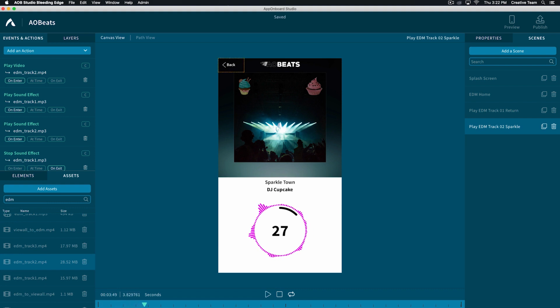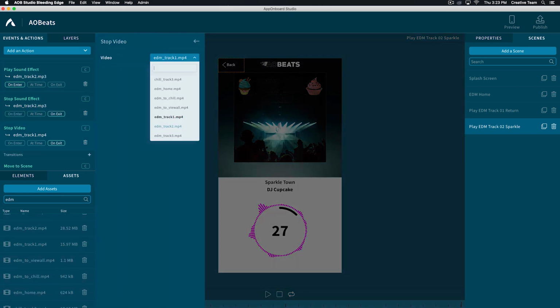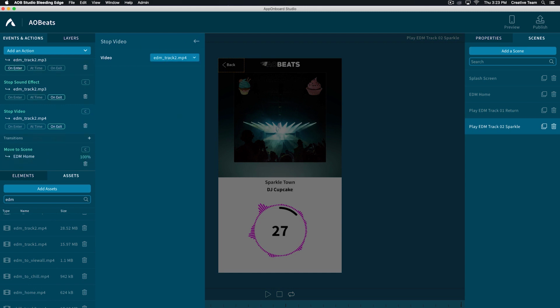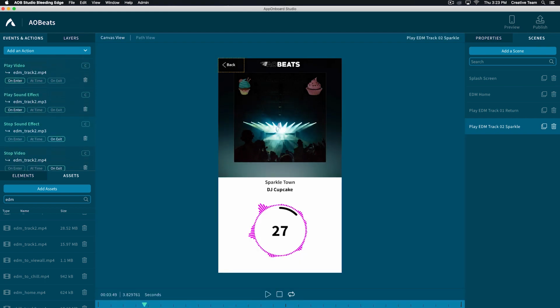Let's review the actions in the scene to make sure that the correct audio and video assets are being played on enter and upon exit. Let's delete the action to play track 1 by hitting the trash icon. And next, let's adjust the stop video action so that track 2 MP4 is stopped upon exit. Notice the transition can remain the same simply because once the user ends the song, they will be sent back